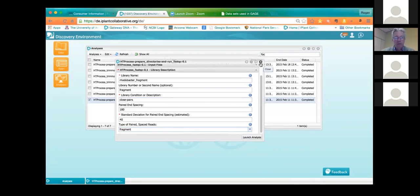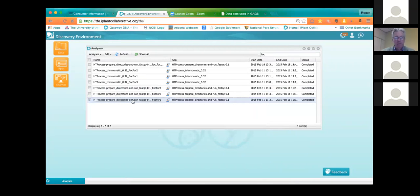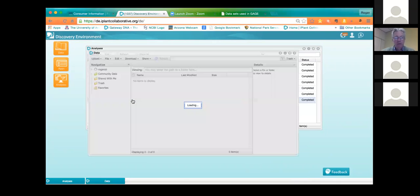And once that's run, you can get results like these. And it'll take a minute to open this. And it may not take a minute for you to do this, but it does for me because I have a lot of files, because I run a lot of things through the discovery environment. But while it opens...